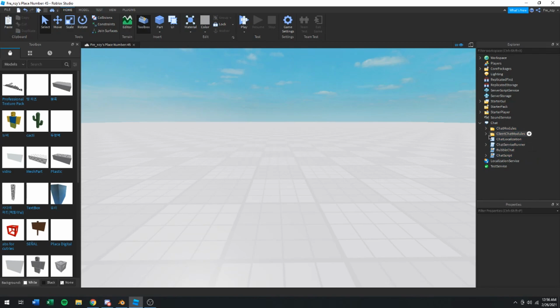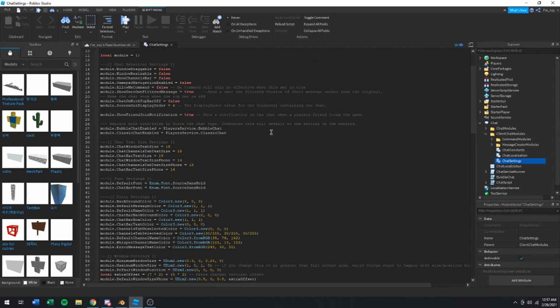So what we're going to do first is go underneath Chat again. We're going to go underneath ClientChatModules. We're going to click this little drop down. Then we're going to double click on ChatSettings. It brings us into this script. And the first thing we're going to do, on line 27, is change